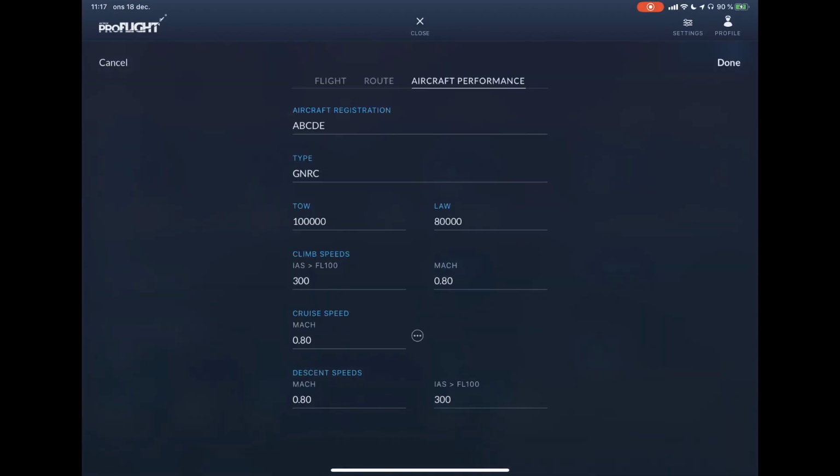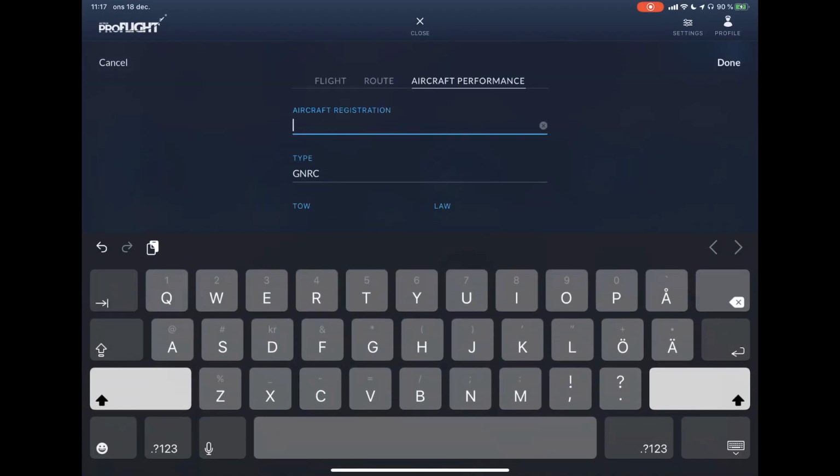Then aircraft performance, aircraft registration, Echo India Foxtrot Papa November, aircraft type CRJ 9,